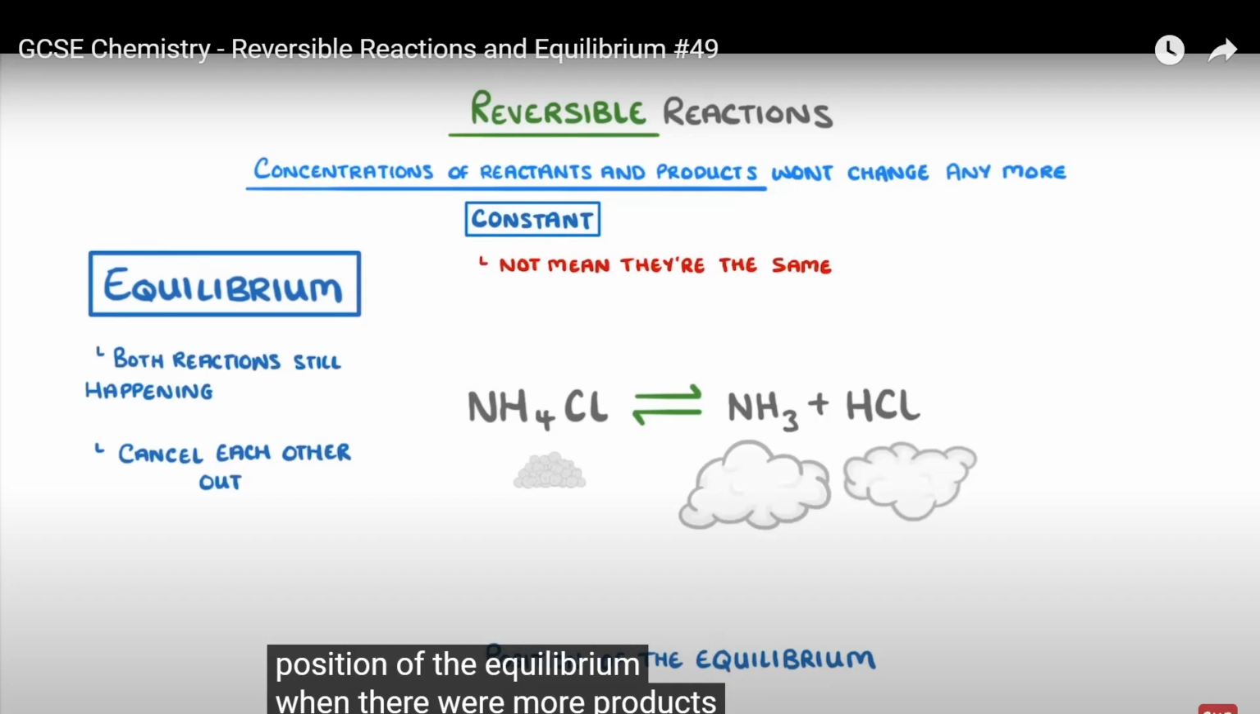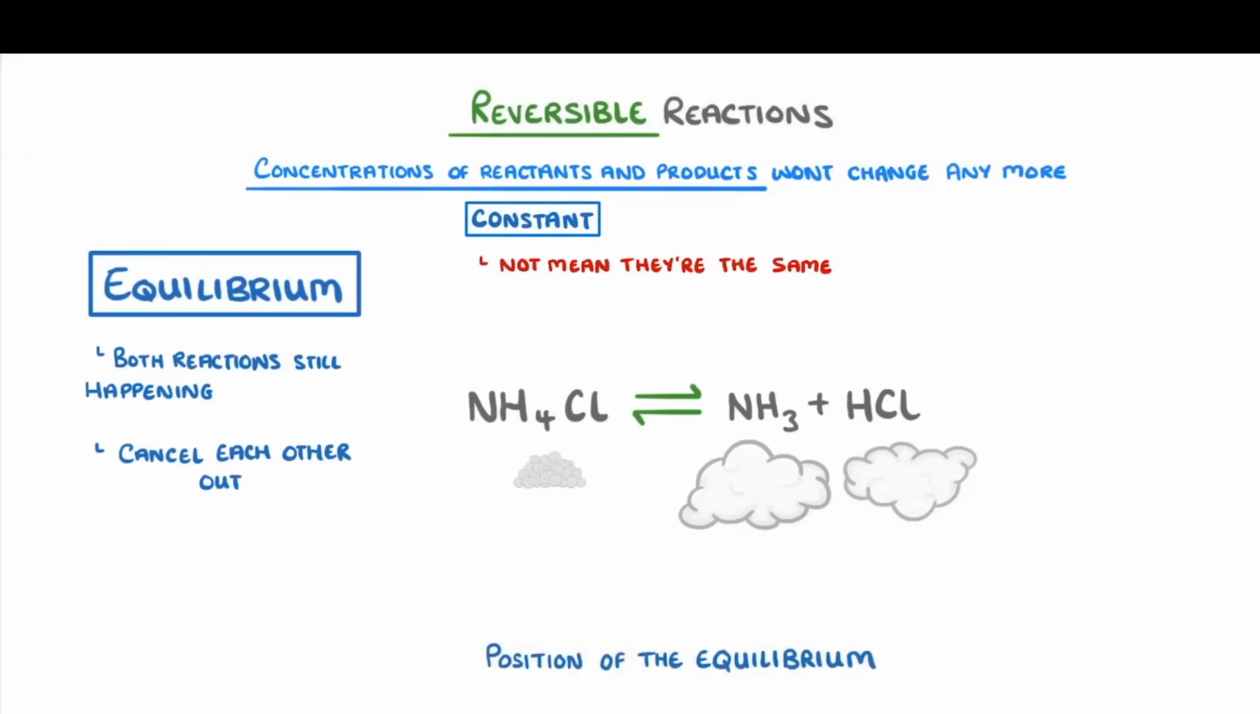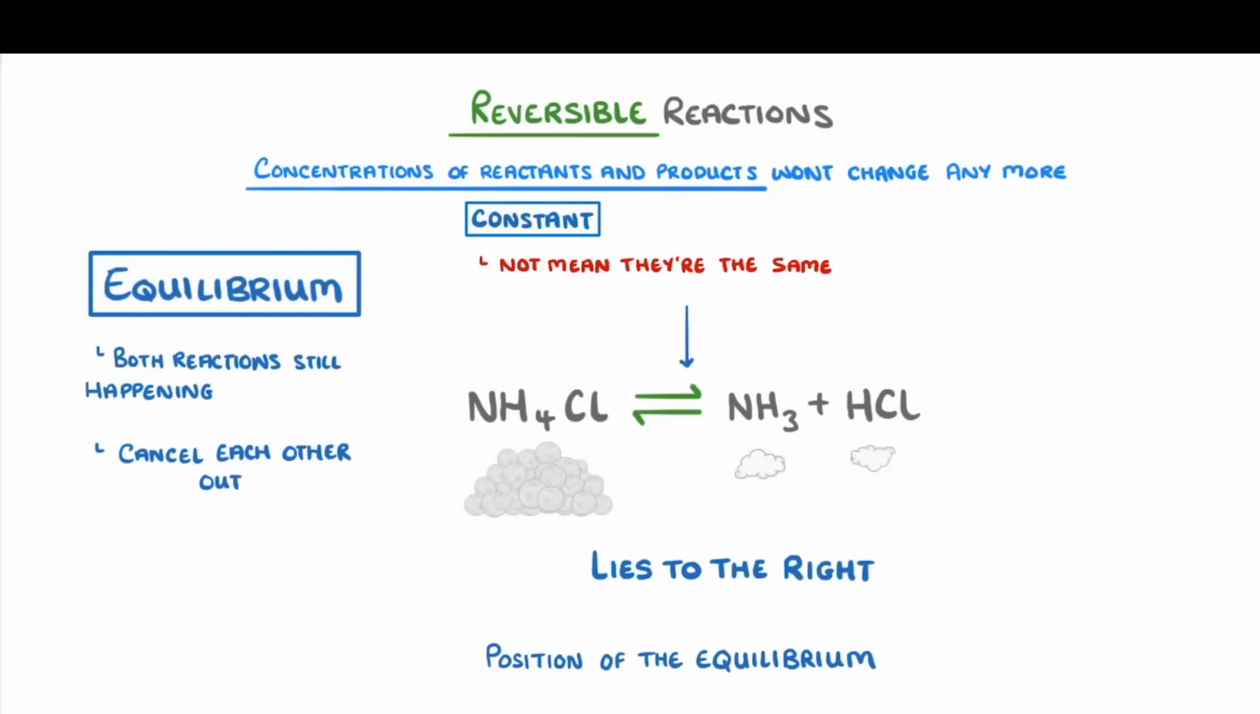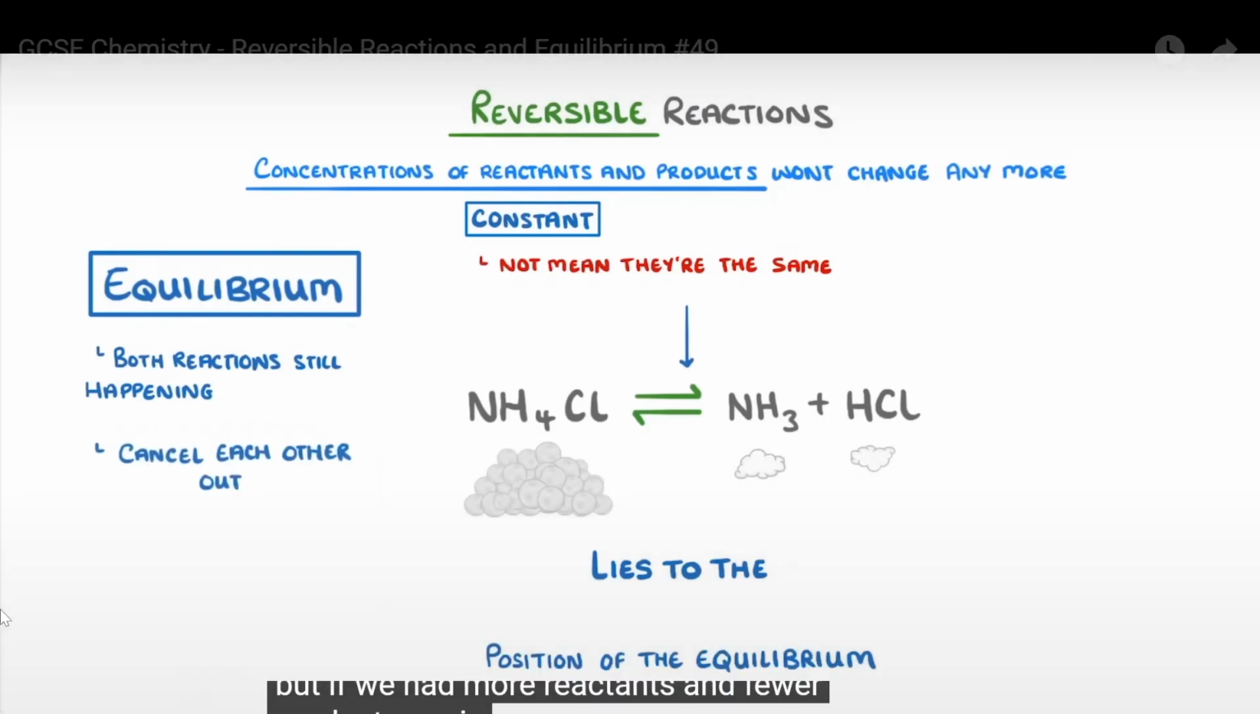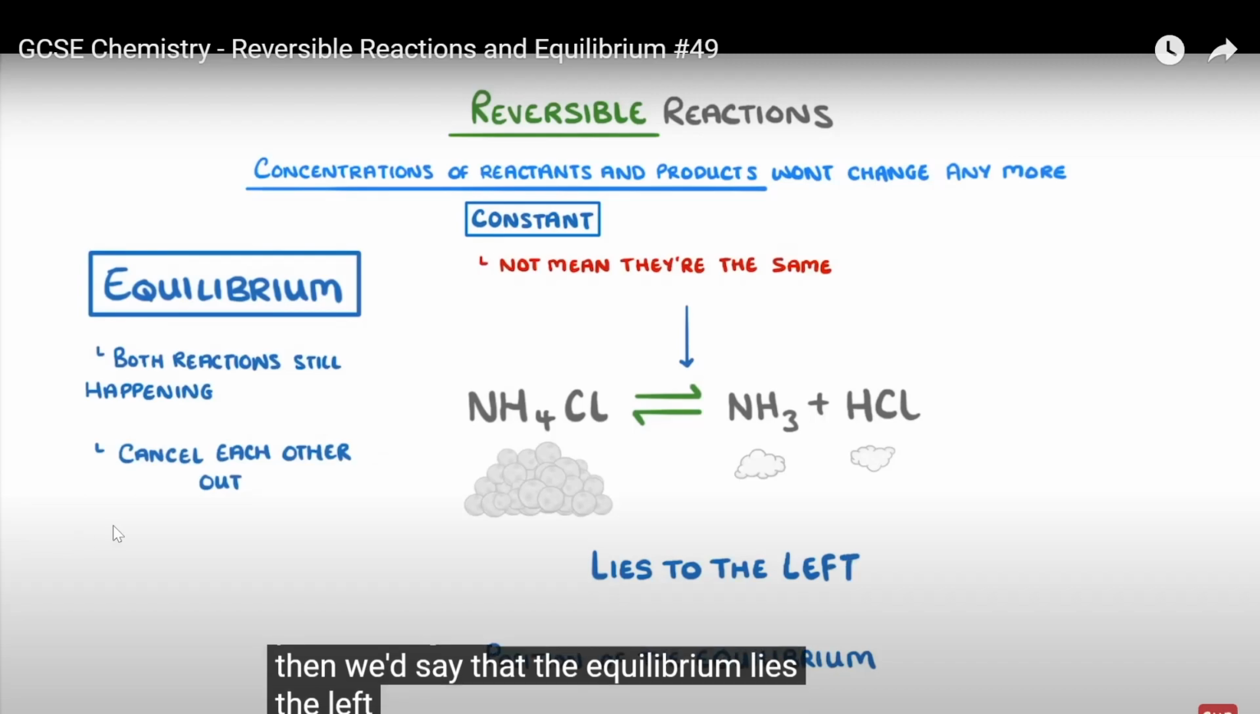Now let's watch what happens as we go the other way. When there are more products, like this, we would say that the equilibrium lies to the right. But if we had more reactants and fewer products again, then we'd say that the equilibrium lies to the left. So here we have the equilibrium lying to the left. So we have a small amount of product over a big amount of reactants, which means that that KEQ value will be,